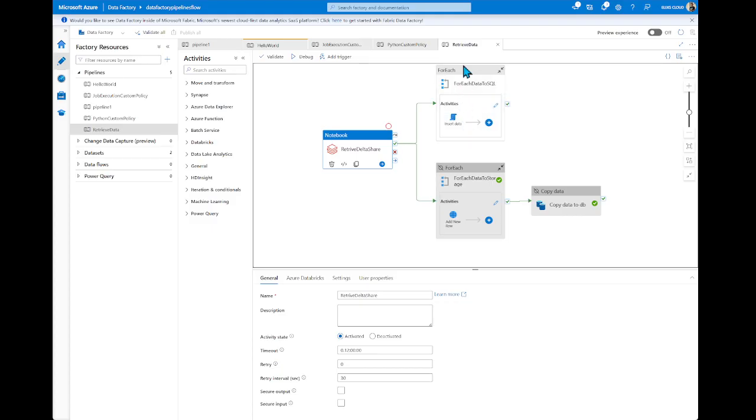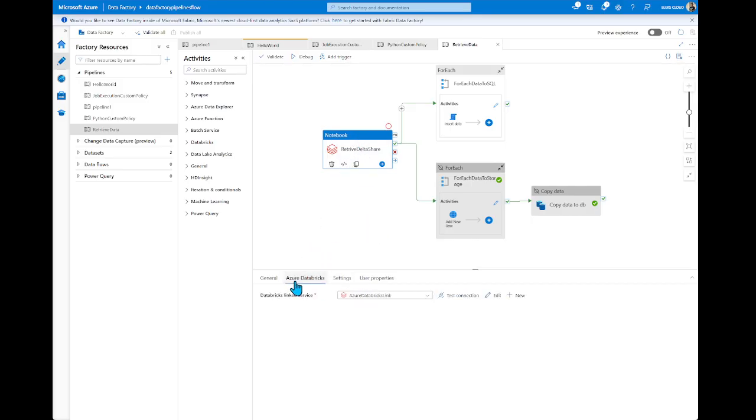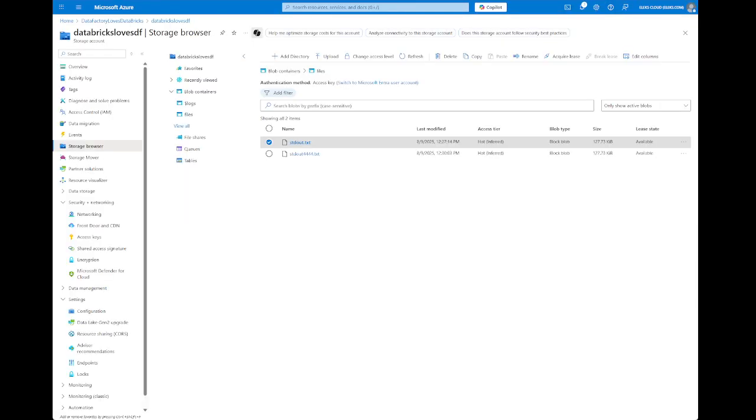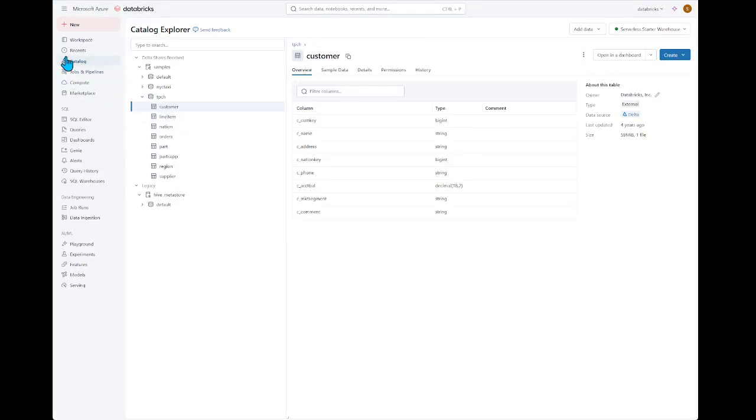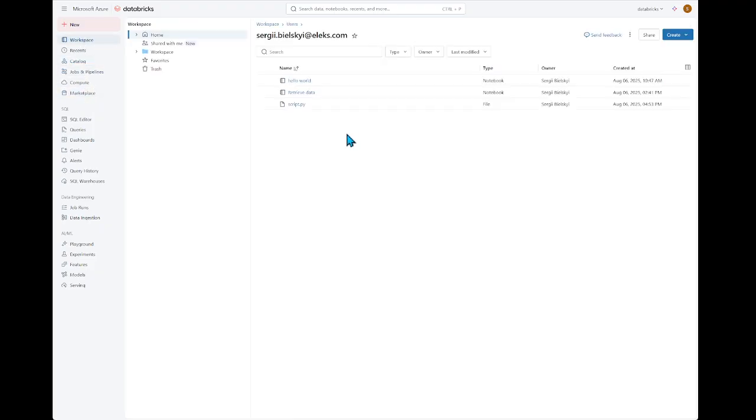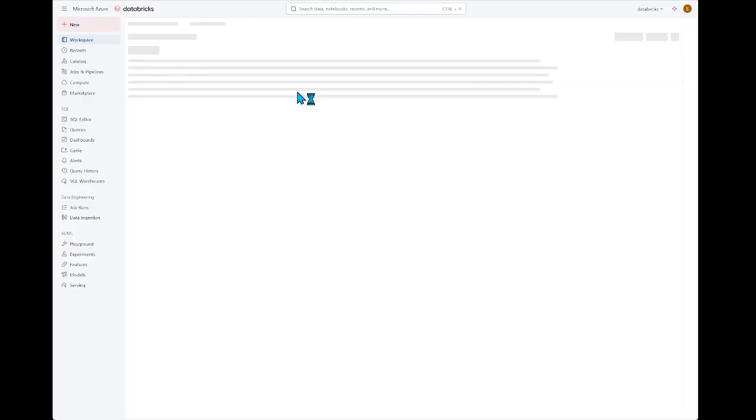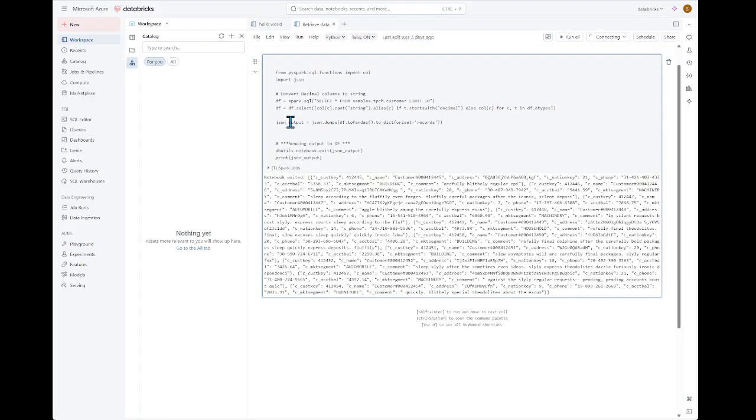So first of all, what we need to do is execute a notebook, and let me open up this file that we are planning to execute in a data factory, sorry, in Databricks. It's just a simple notebook, nothing specific, just to connect to the Delta share using SQL and select this data.